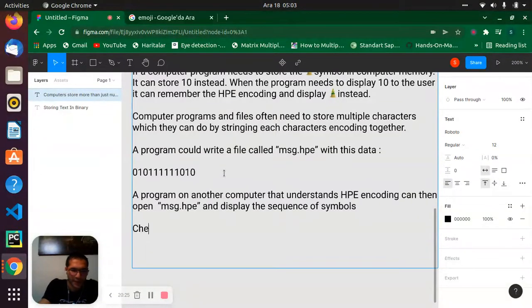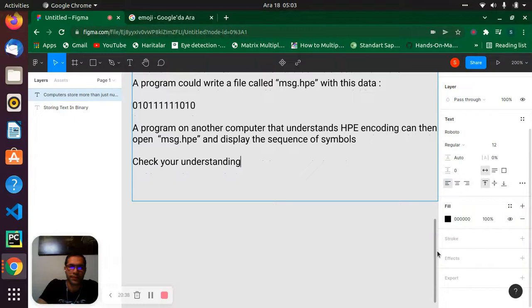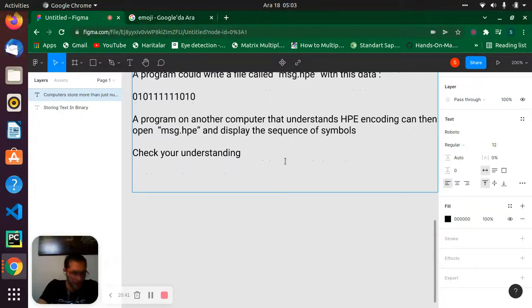Let's come down and say check your understanding. Check your understanding with our details. All we do together, I think, for solving our problems. Check your understanding. So I will make this one a little bit different color because this is the important point.